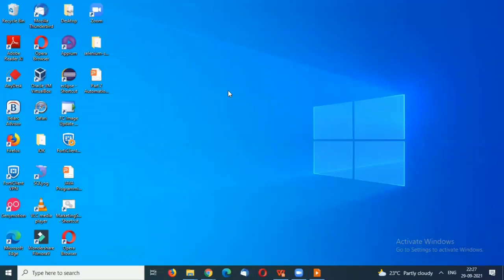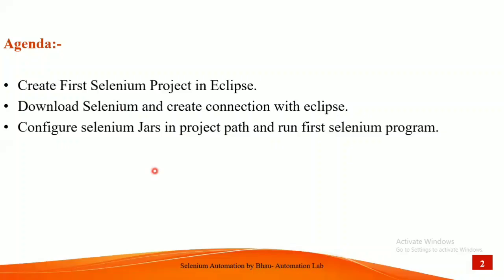So how to download the JDK, how to set it up, we need to set up the environmental path, and we need to set up the environmental variable for the Java home path and the bin path in your environmental variable. All these things I have already explained in my Java lectures video. If you have not watched that video, on how to download Eclipse, how to download JDK, and how to set up or configure your environmental path in your Windows system, I'll request you to watch that video. I'll provide a link in the description box also. You just click on that link and watch that video first.